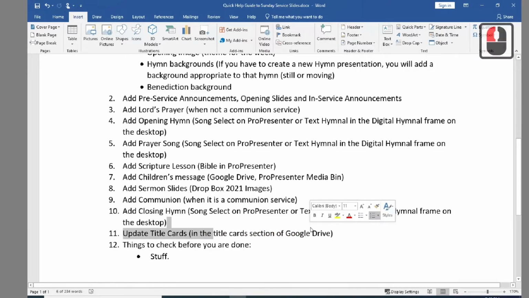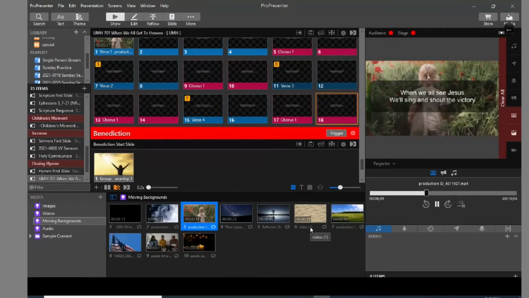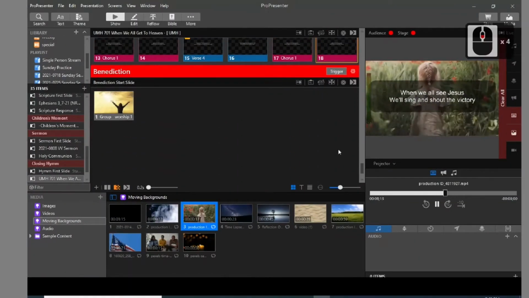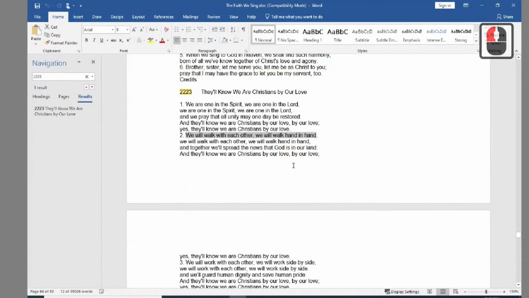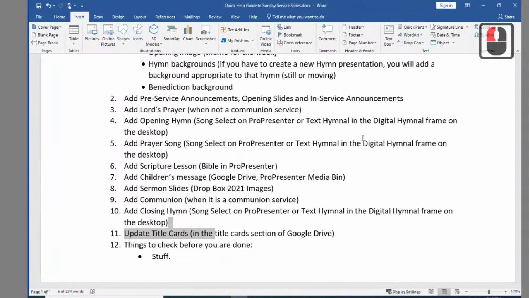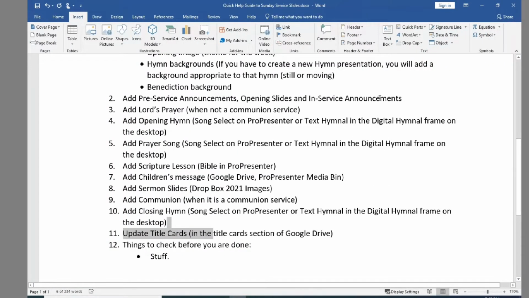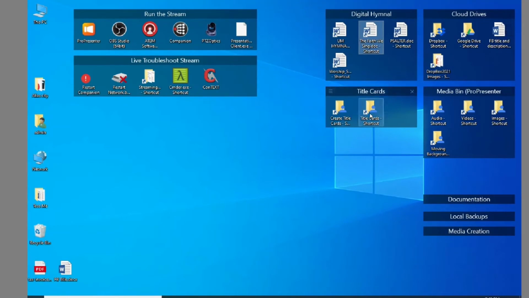So let's slide on over to our desktop where we do our work. You can see we're still in ProPresenter. So I'm going to go ahead and close ProPresenter. And I'm going to close the hymnal that we had open, our digital hymnal. And of course, here we go. And now if you look in our cloud drives, you'll see